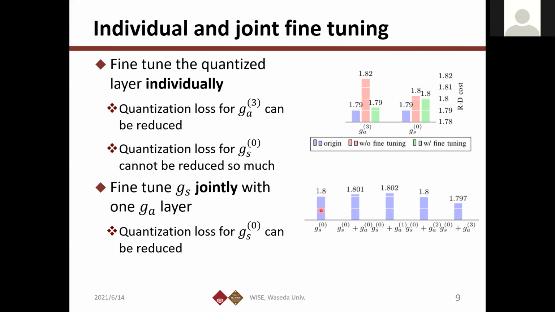You can see that this is the individual fine-tuning result, and these four are the jointly fine-tuning result. Especially in this case, we fine-tune the first layer in the synthesis transform GS0 jointly with GA3, the final layer in the analysis transform. After this joint fine-tuning, the RD cost is this value, which is smaller than